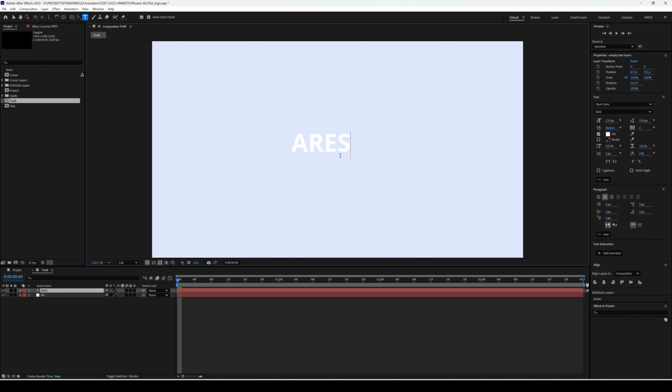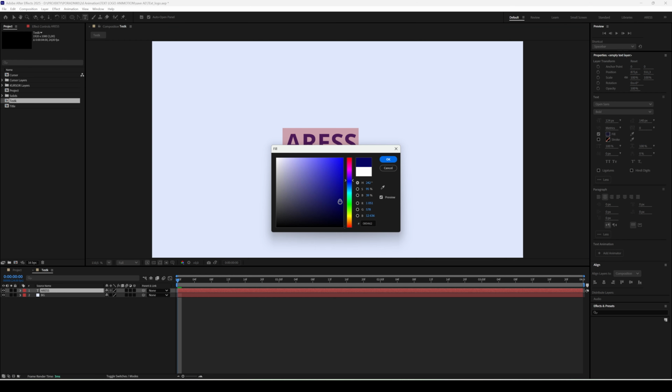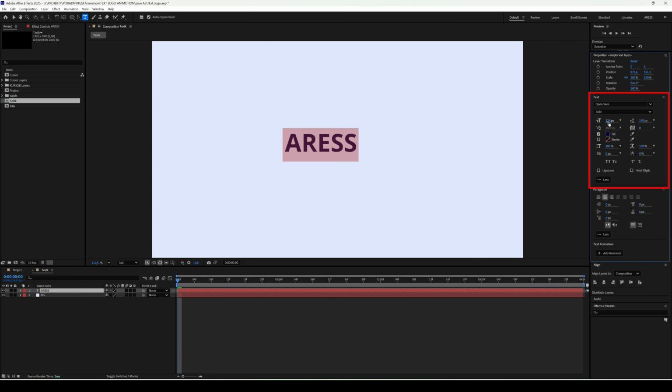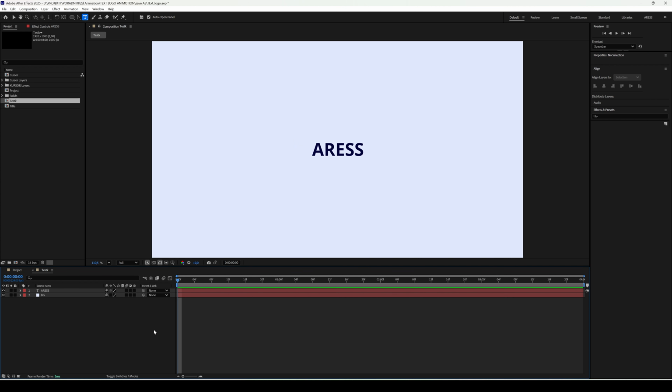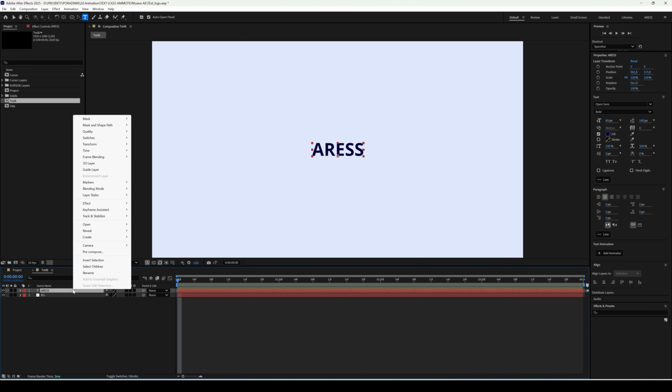Then we add some text. It really doesn't matter what you type, anything works. After that, just style it. Color, font size, whatever you like. Next, we convert the text to shapes. Right-click the text layer and choose Create